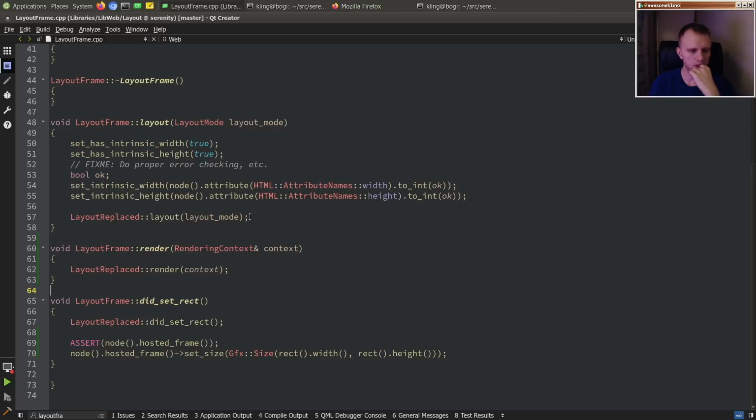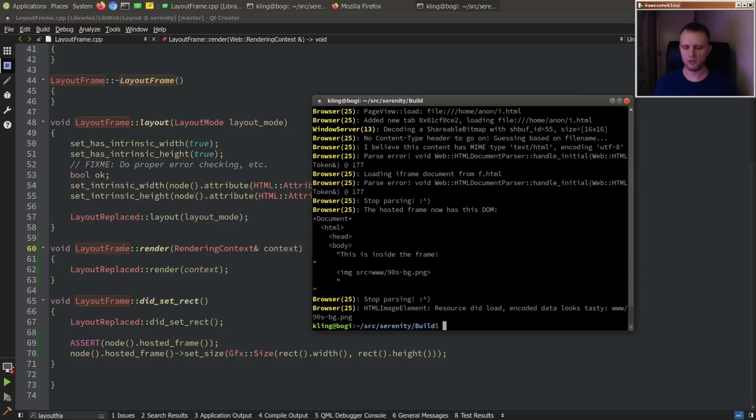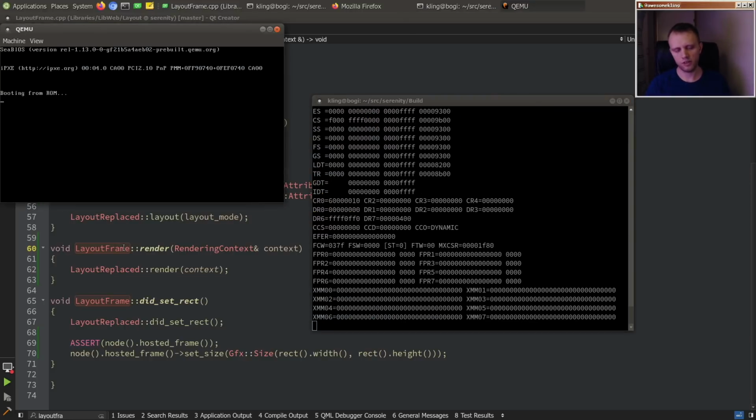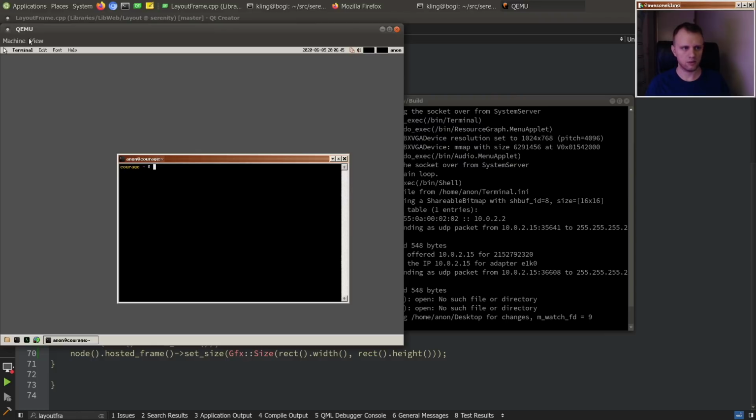but then nothing more happens, of course. So now, how do we actually render the content of the frame? Basically, the way rendering works in the engine is that we very simply traverse the layout tree from back to front. Now, this is not how it's going to be as the engine matures. We're going to have to add stacking contexts and stuff like that, but right now it's just a very simple top to bottom, back to front